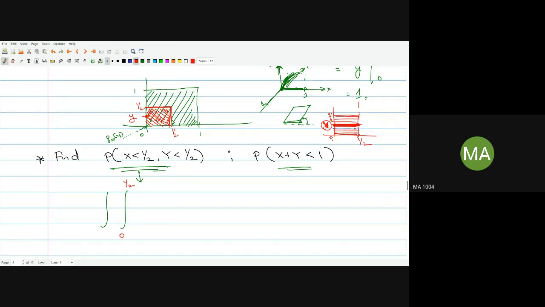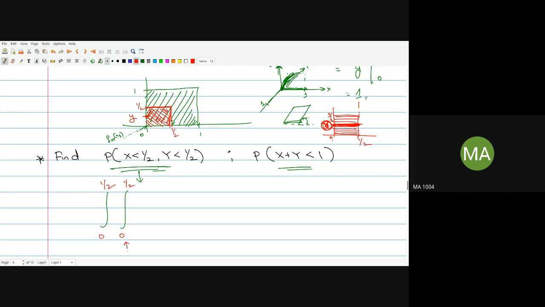Okay. So this is how you are going to get the limits. This y can go from 0 to half. So firstly, what you have to do is you fix one variable, keep it as a constant, treat it as at some place y. For that place, you just look at the limits of x. So the limits of x are from 0 to half for that y, and that y can go from 0 to half.